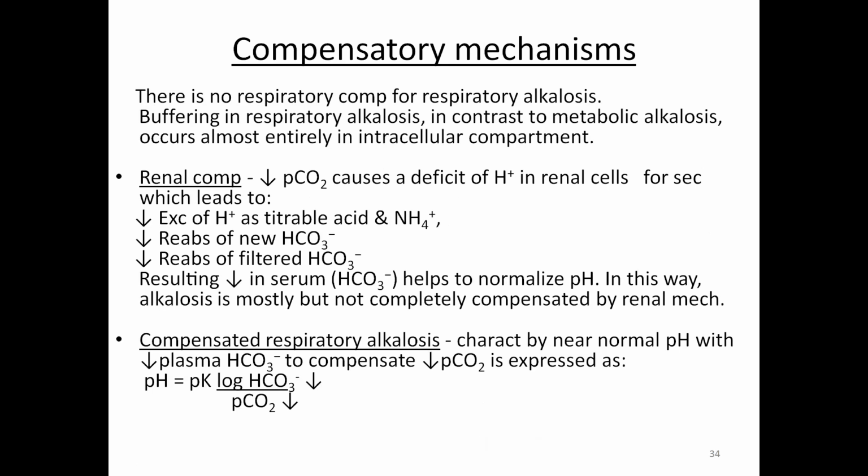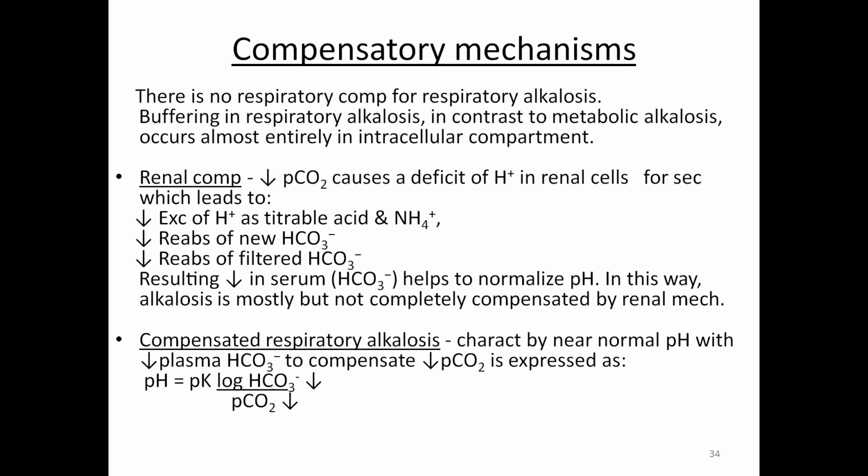Again, as was the case in respiratory acidosis, there is no respiratory compensation for respiratory alkalosis. Buffering in respiratory alkalosis, in contrast to metabolic alkalosis, again occurs entirely in the intracellular compartment. So you have only the option of renal compensation in this case. There will be decreased PCO2 causing a deficit of hydrogen ions in renal cells for secretion. That leads to